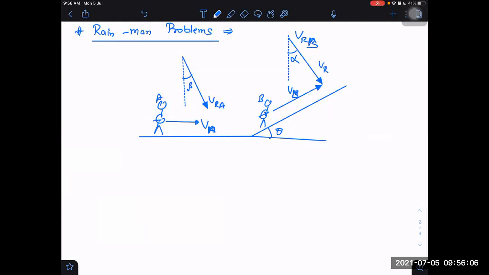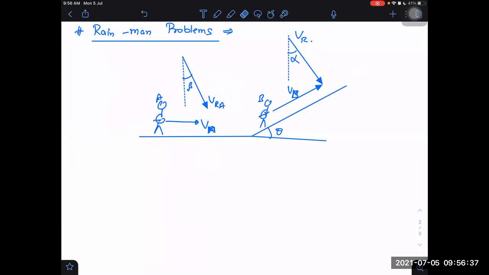They will say velocity of rain with respect to man. This also they will say velocity of rain with respect to man. But now they know that these two are two different values. In the books, they will not use the same notation. They will say V dash here. In order to distinguish what was before and what is after, they will just use some subscript here. But sometimes you may get confused. You may forget whether this dash was for the horizontal case or the inclined case. So there may be some sort of confusion.